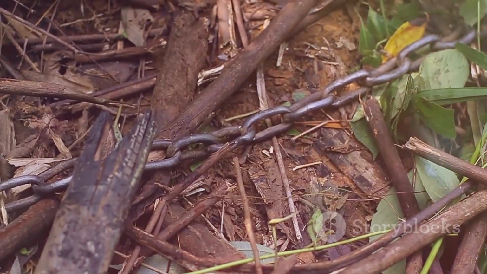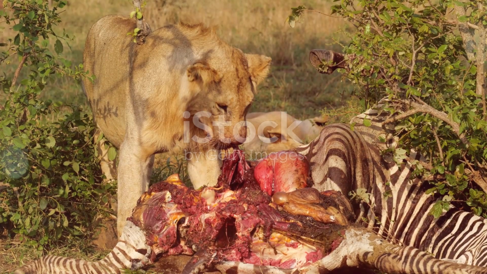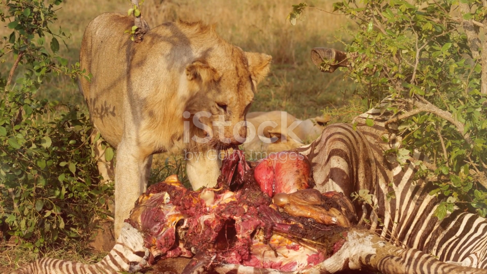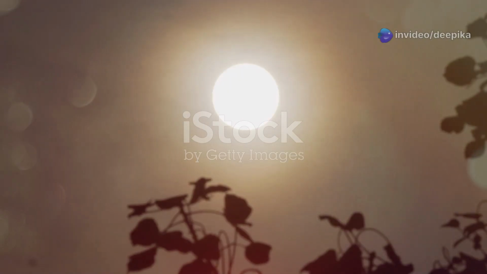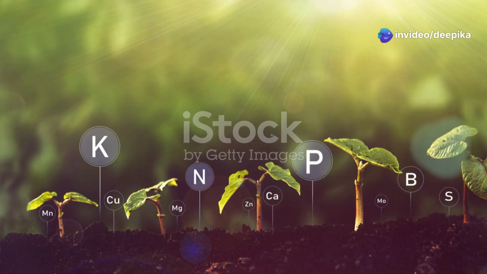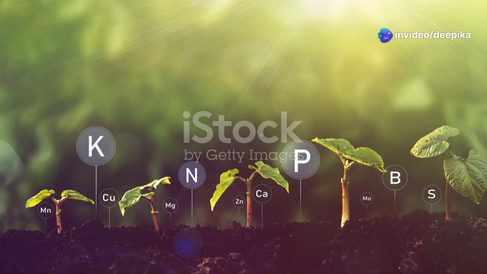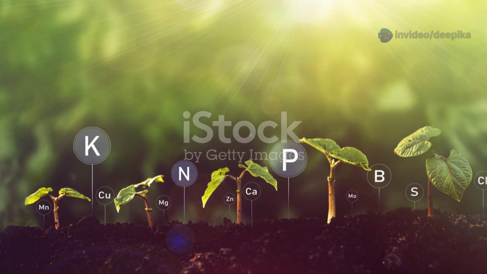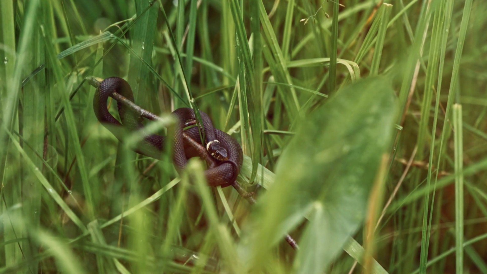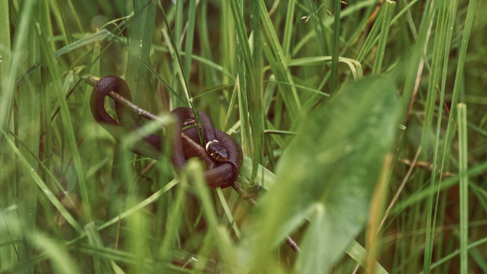A food chain is like a chain reaction in nature. It shows us the linear pathway of energy transfer from one living organism to another. It all starts with the sun. Plants, being the primary producers, harness the sun's energy to make their own food through photosynthesis. Think of a simple food chain in a grassland: grass to grasshopper to frog to snake.